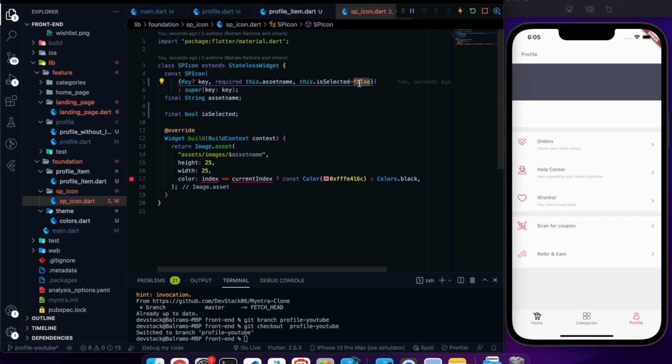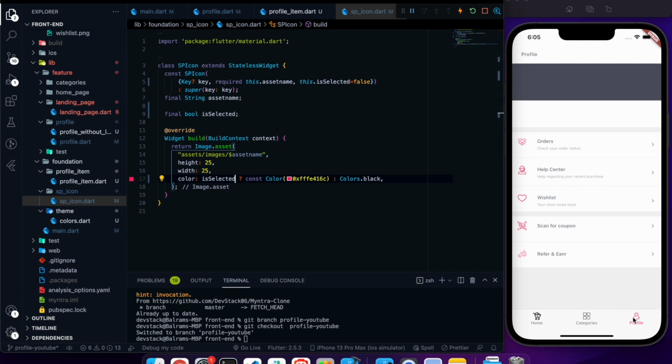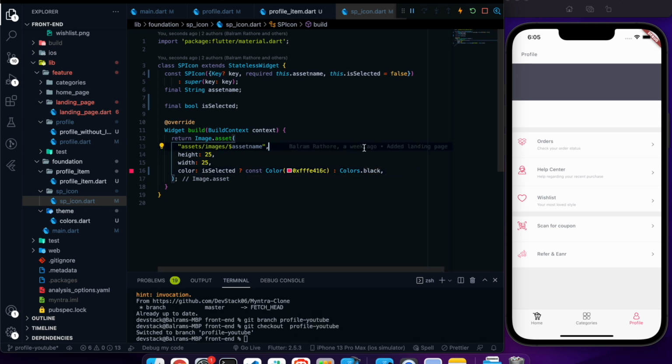If you don't provide is selected, then automatically it will be false. So let's use this is selected and let's handle it. If is selected is true, then we will show the colored image, and if it is false, then we will show a black image. Let me hit the save, and we have some error.